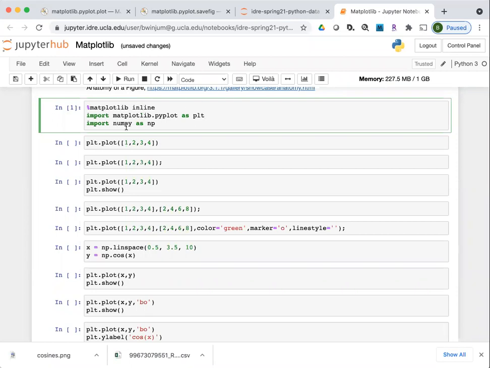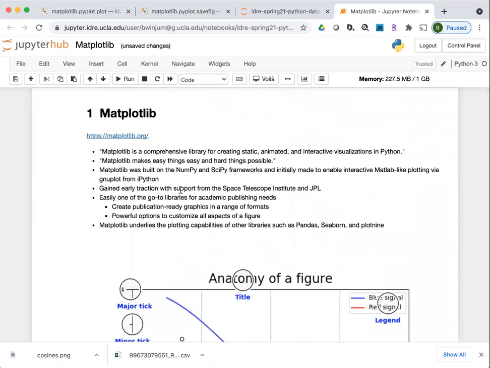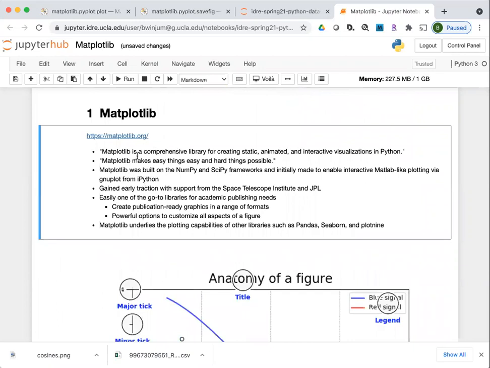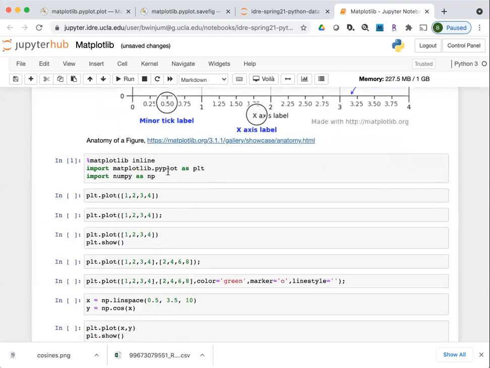So what I've typed in here are Python commands. Anything that has this kind of grayish background to it is considered a code cell. There are also other parts of this notebook which are just text. So when I clicked on this, you see now there's a bounding box around this. This is also a cell, but it's a cell that's just rendered as HTML. So one of the convenient things about these notebooks is it's like a computational narrative where you can combine narrative elements like this along with coding elements like this that you can execute inside of the notebook.